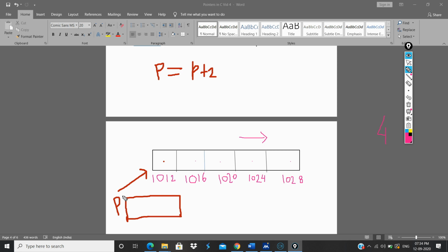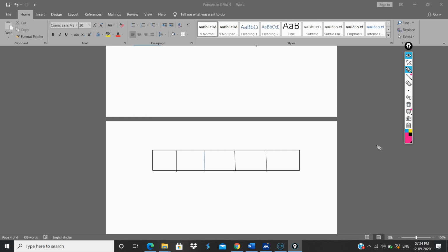So now what happens, p is initially pointing here, and p is a pointer. Oops, I think, all right guys, no problem, I'll start once again.